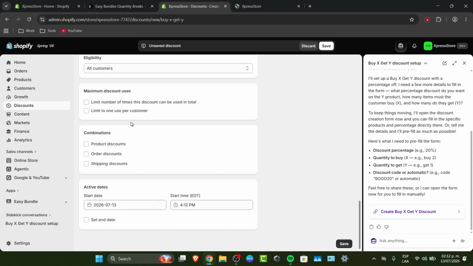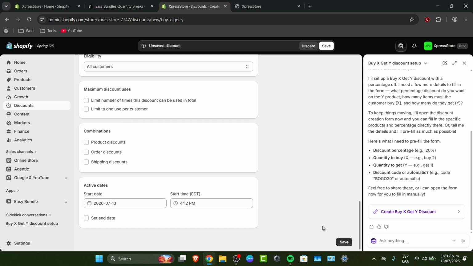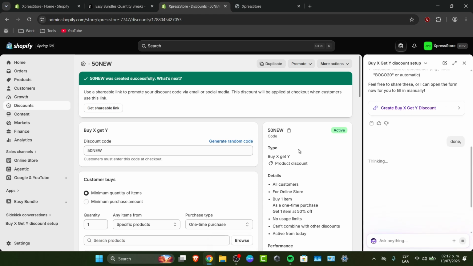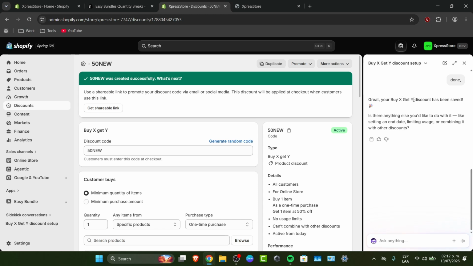And if you want to add specific customers, you can do it. So in my case, I think I'm just going to create that element. I generate the discount, and let's say done. Now the next thing is that the X discount has been saved. If there's anything else you'd like to do with me, let's say for example I want to add the banner